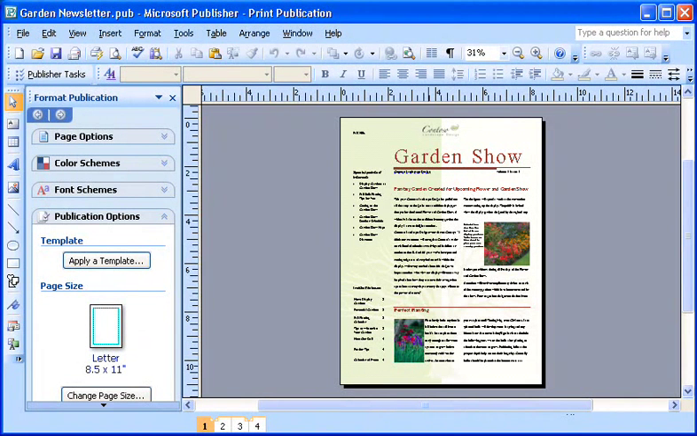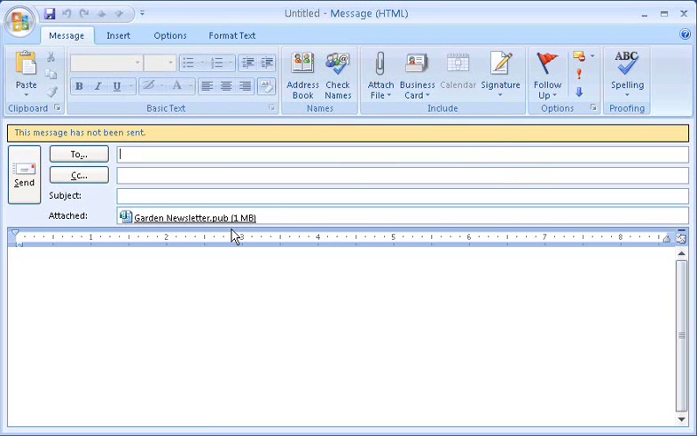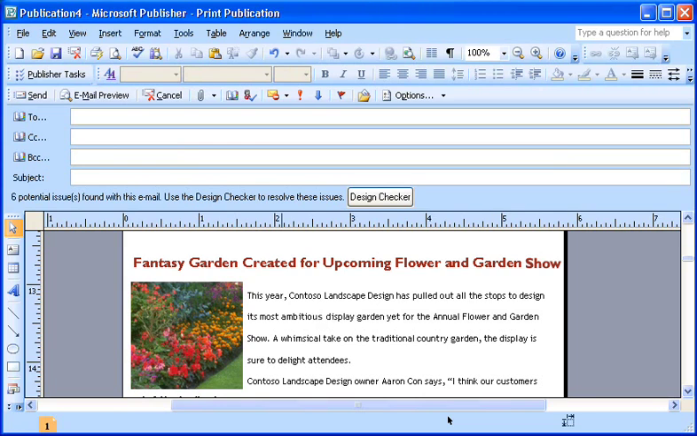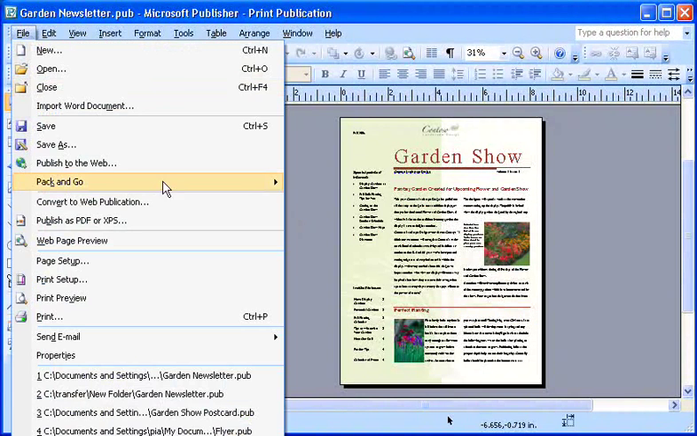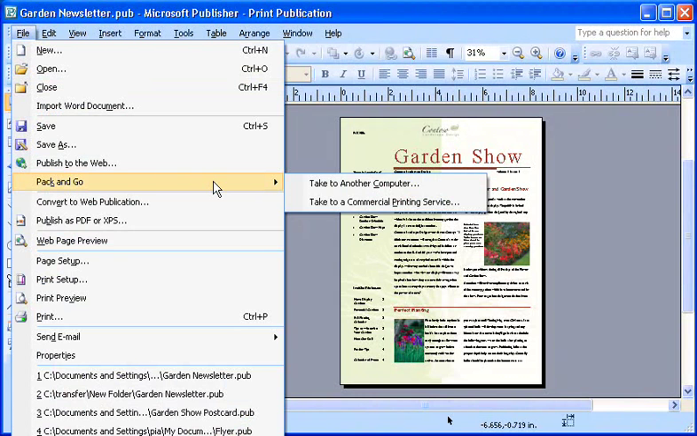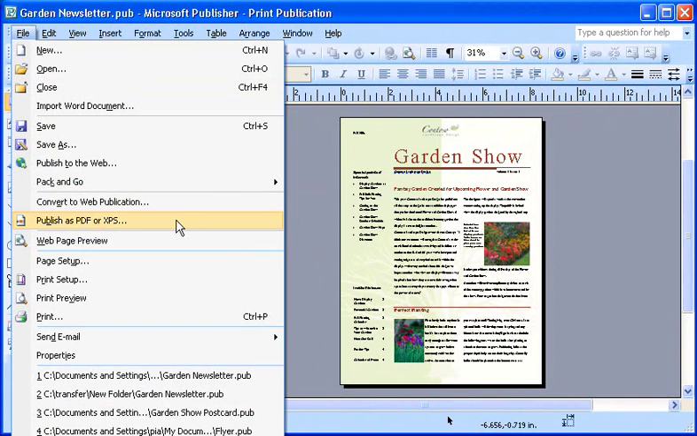Once I've created a publication in Publisher 2007, I have more choices than ever for distributing it. I can send it in email as an attachment or displayed in the body of the message. I can publish it to the web, and I can package all of its files for a commercial printer. I can even distribute the publication in portable document format, which you might know as PDF, for those recipients who